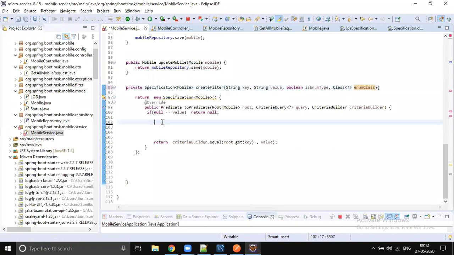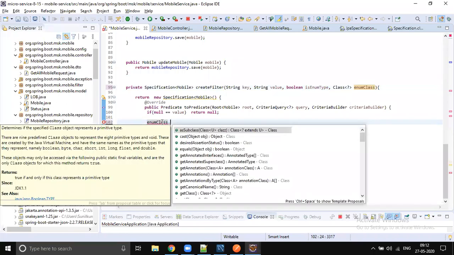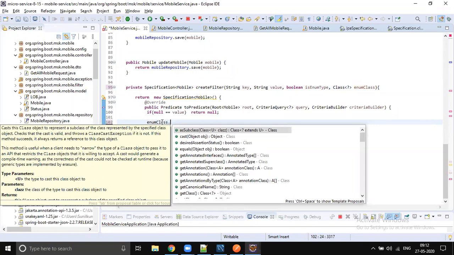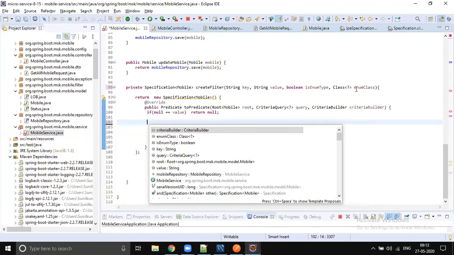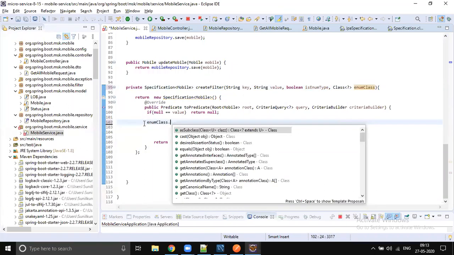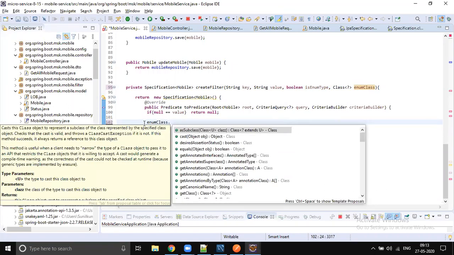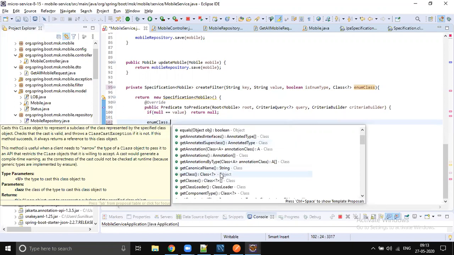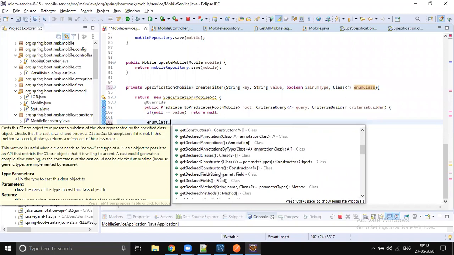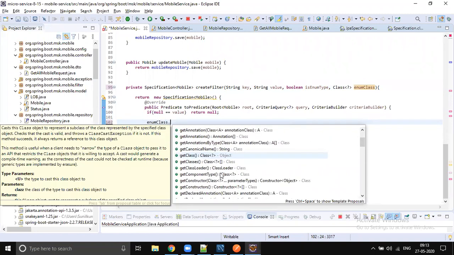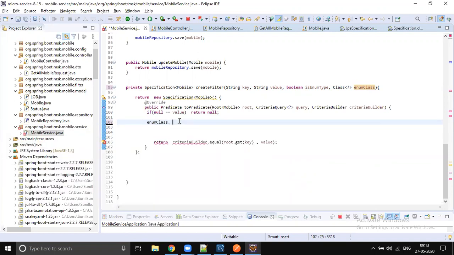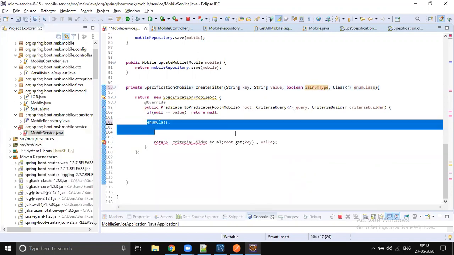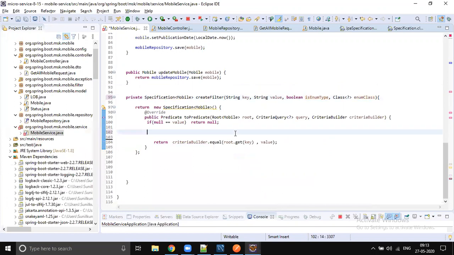I'll just check enum class dot. If it is enum, then it has to be converted into status and LOB. So how can we know whether it is LOB or status?